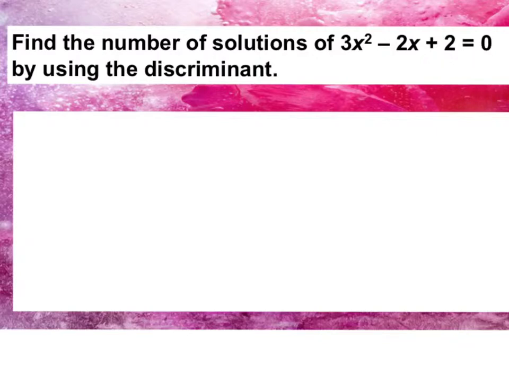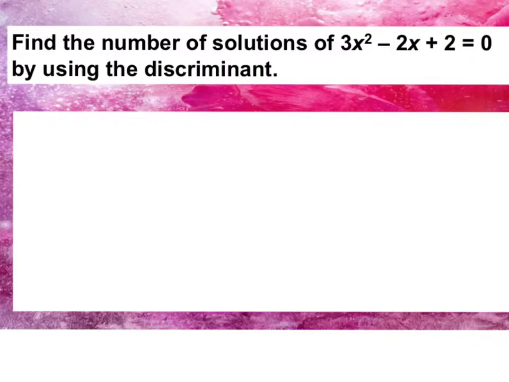We could use a factoring method. The big X factoring method would work. We couldn't use square roots, but that is a possibility. But unfortunately, because of the x squared and the x term, we can't use square roots. So the only other method there would be the quadratic formula that we're learning now. And so those are the methods you could use to solve it, but I don't want to use those methods to solve. I just want to know how many solutions I would get if I used one of those methods.